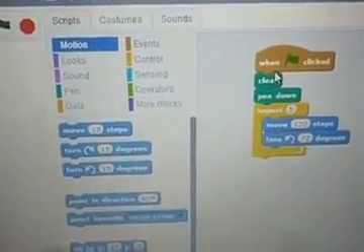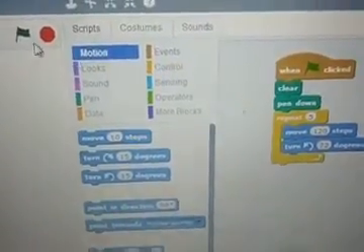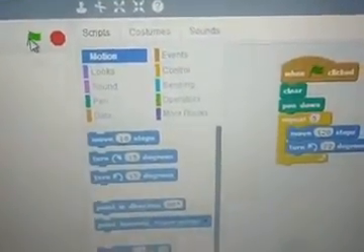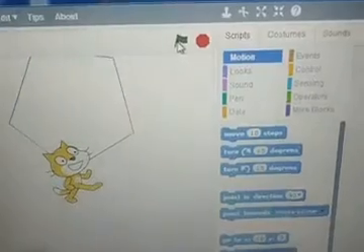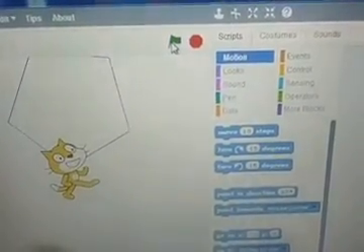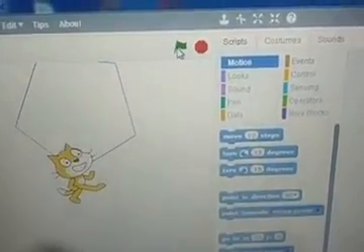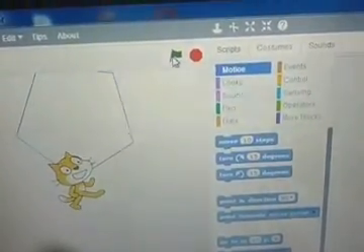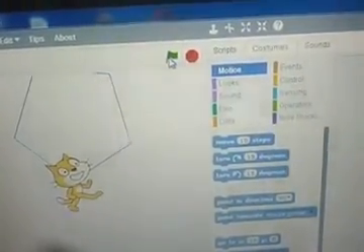When we click on the green flag button to start, we can see it rotating and giving us the pentagon with the sprite.